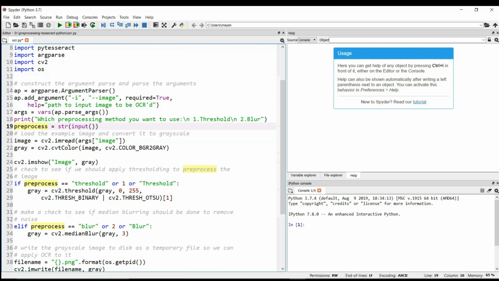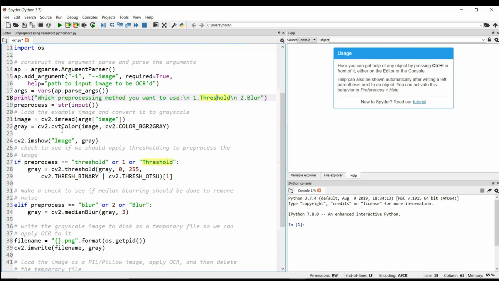Guys, later on in this video, I will explain to you what actually threshold and blur are. So guys, until now you must have understood what we are taking from the user. Then we are loading the image that the user passed in the argument. We can access that image argument from args, then in square brackets image, which must be a string, because as we mentioned earlier here. So next, as you all know, CV2 has an inbuilt imread function, which stands for image read, from where we are reading our image.